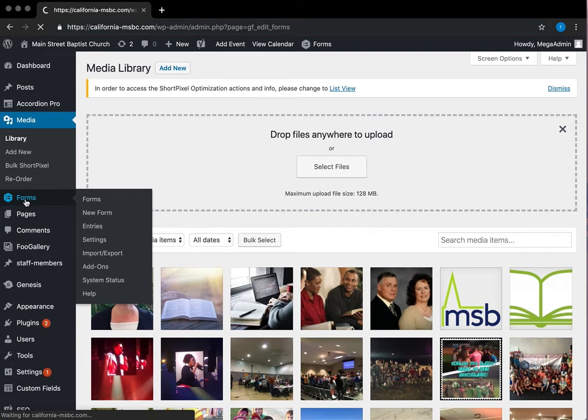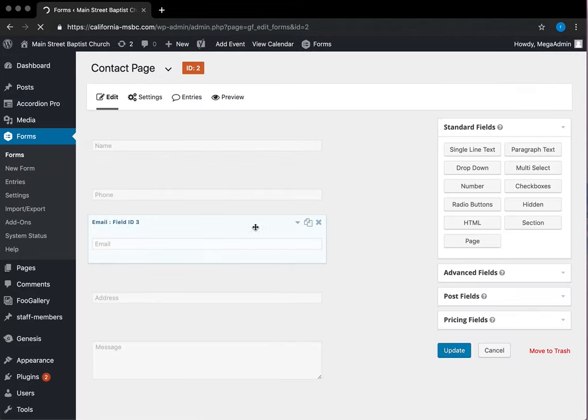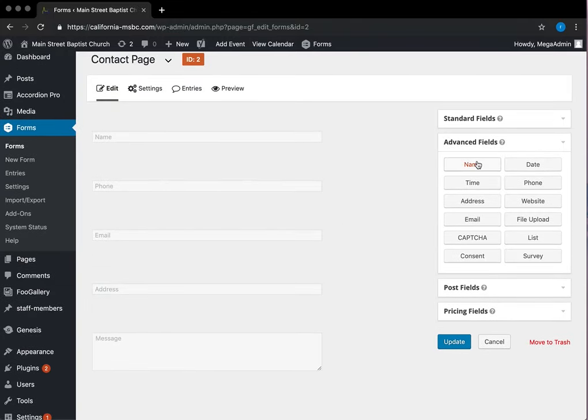Next, we'll look at your forms. So this is your contact form. How can we pray for you form? The contact is a simple name, phone, email, address. And those are all standard here. Name, phone, address, email. And how those are set up